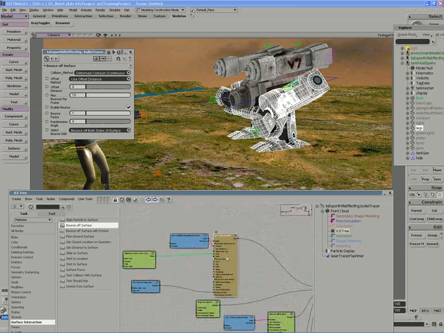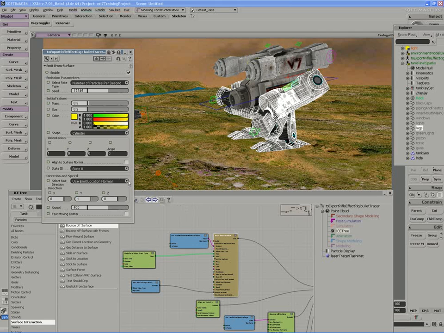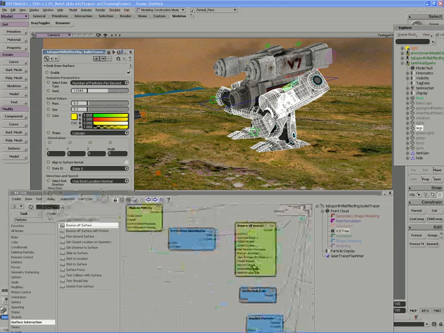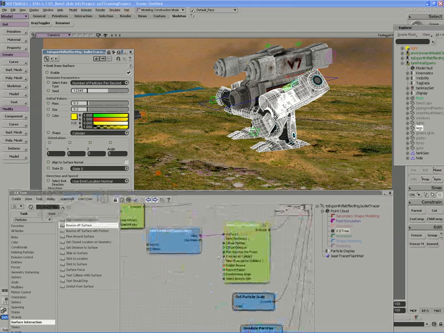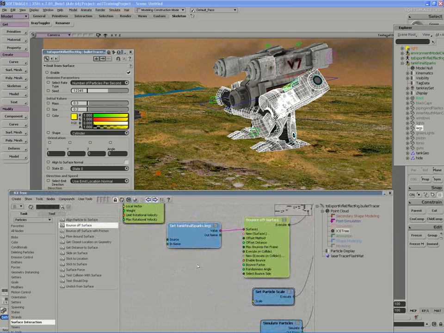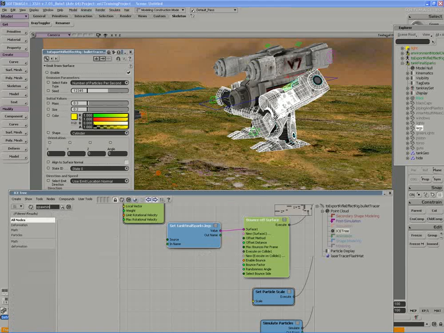The particles that we've created, the emission particles, are going to represent state 0 of the ice tree, the first state they're born into. And when the particles hit that surface, the laser blast hits the surface, we want the particles to be deleted. So the first branch I'm going to build in right after I bounce off the surface is to spawn new particles when they collide, and then after that to delete particles if they're in the first state. Spawning allows us to transition the particles into a new state. So if I choose to spawn on collision,